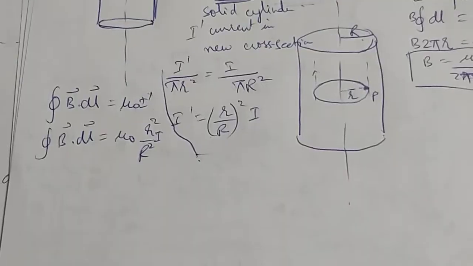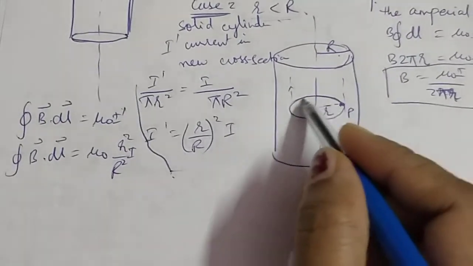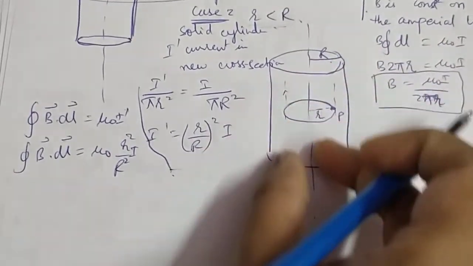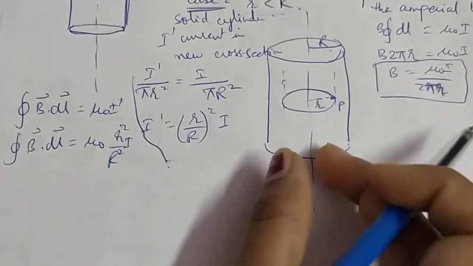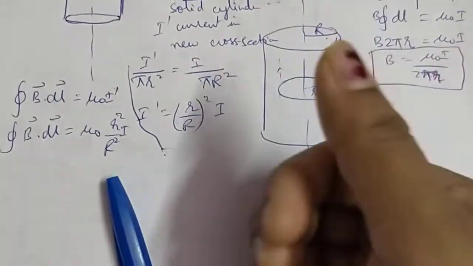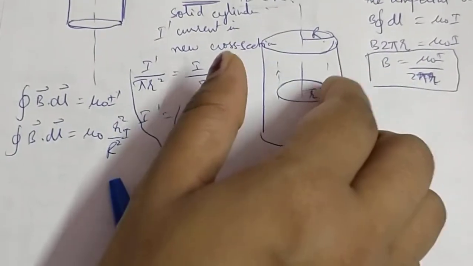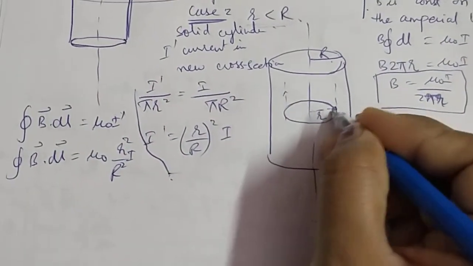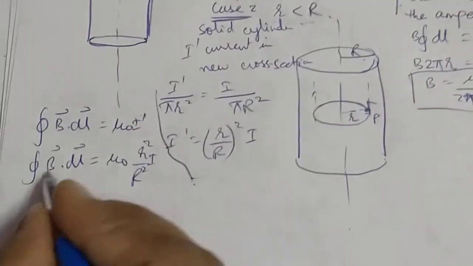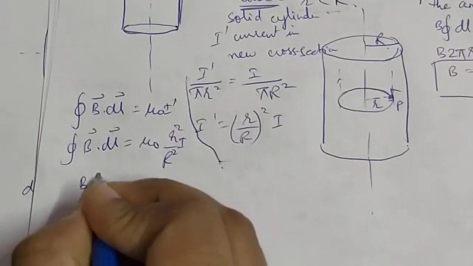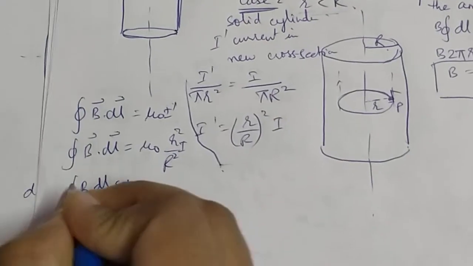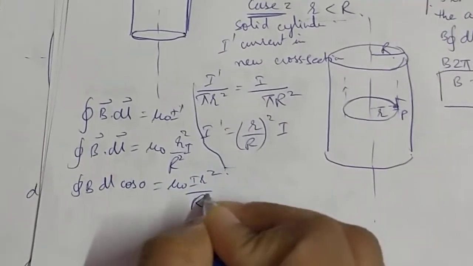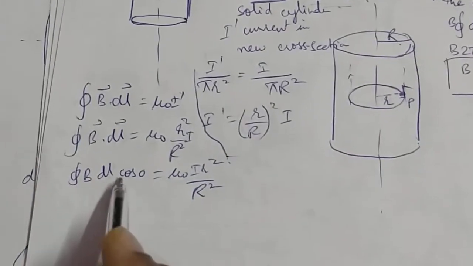Okay. Now again if I consider only this portion inside, there will be one cylinder and that is like a straight wire. Due to that magnetic field, the current is going upward, so the direction of magnetic field will be inward, inside the plane of paper, and dl will also be inside the plane of the paper. So the angle between them everywhere will be 0. It is equal to mu naught I r square by capital R square. Now this is 0, and cos 0 is 1.